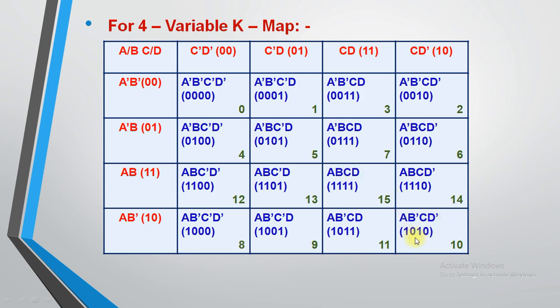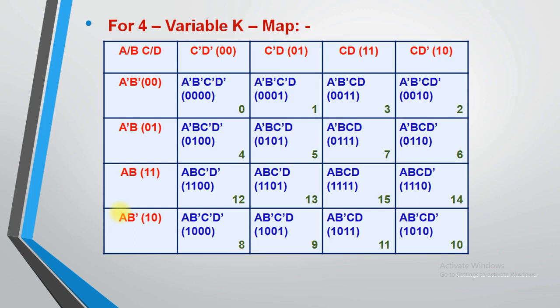Refer to this particular cell: for the left it is AB dash. So you need to write AB dash. Refer to the top cell, its value is CD dash. And based on that you can write the value of A is 1, B dash means 0, C means 1, D dash means 0. So you can write the values either using the truth table, or you can create it with A dash, B dash, C dash, D dash by looking at the heading and left portion.